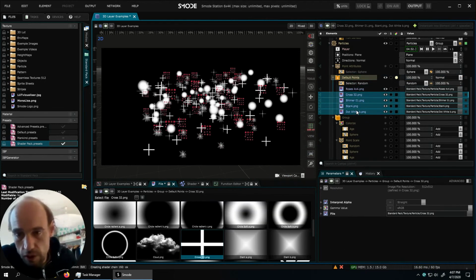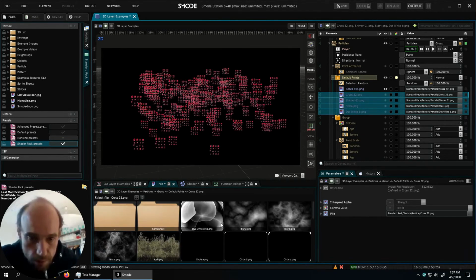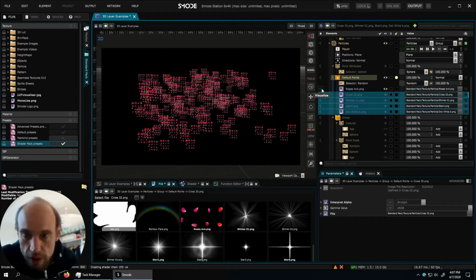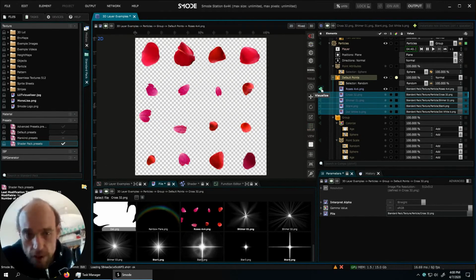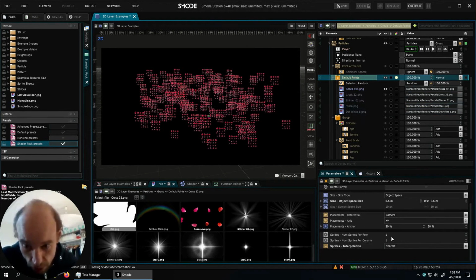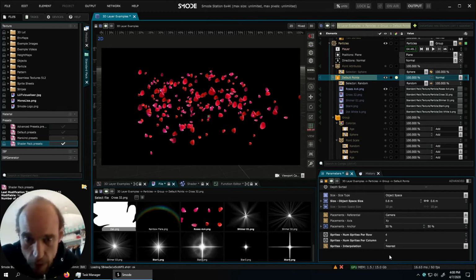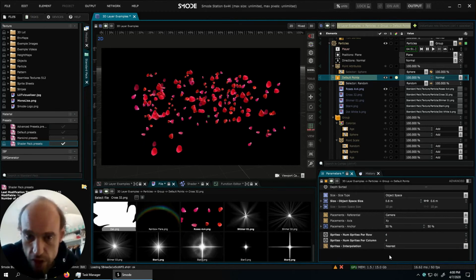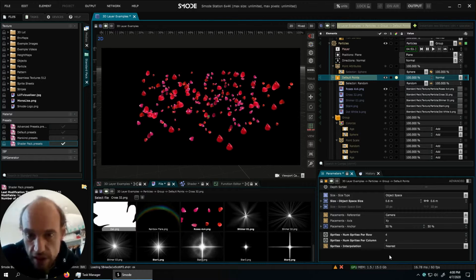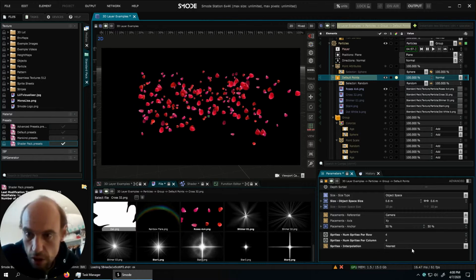Let's remove the other. So here is how the image looks like. So you can see it's a 4x4 array. So this needs to be told to the effect, and this is thanks to the parameters here. And now it just understood the sprite sheet as 16 different images, and it is taking a random image